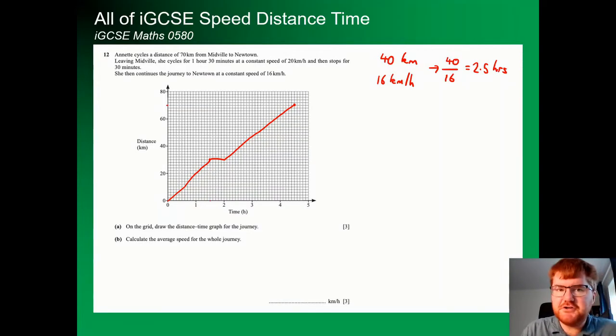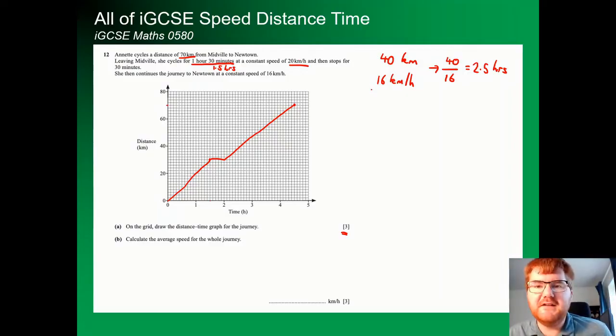On to our next question, which is a distance time graph, and I've drawn the graph for you here already, but I just want to go through and explain how I've got these 3 marks. So Annette cycles a distance of 70 kilometers, so that's the final distance. You'll notice this point here will be at 70 kilometers. Leaving Midville, she cycles for 1 hour 30 minutes, so that's 1.5 hours, at a constant speed of 20 kilometers per hour. So if I want to find the distance that she travels,